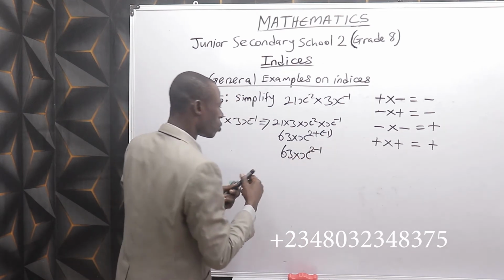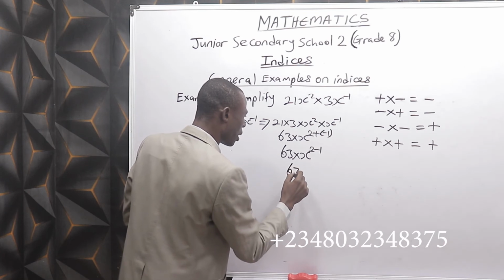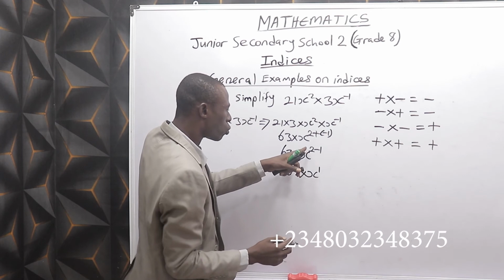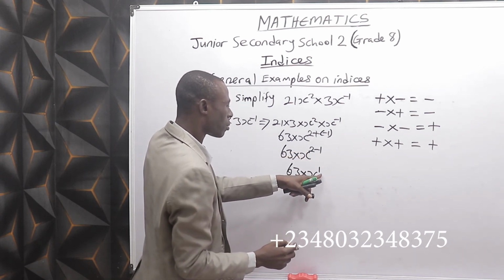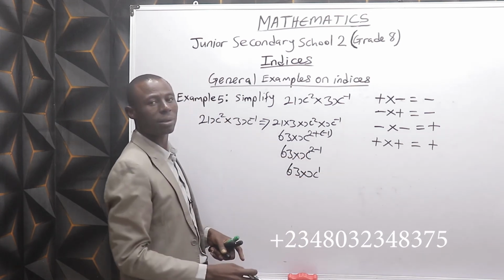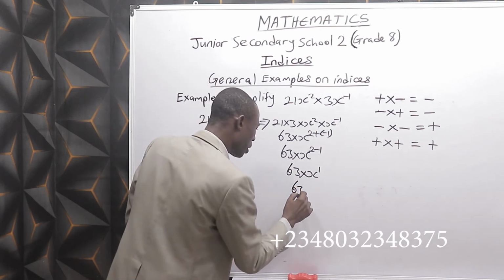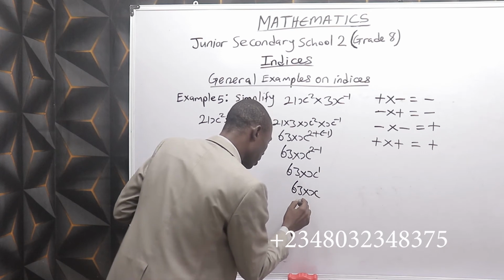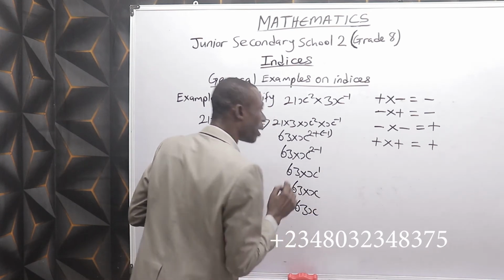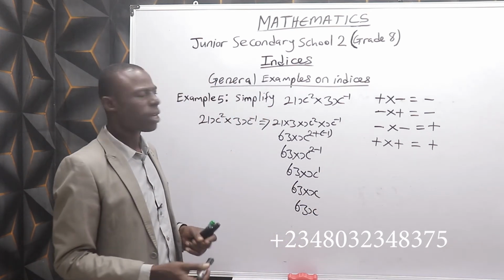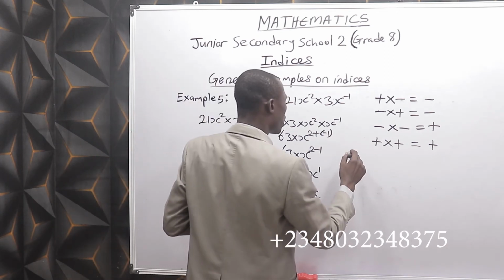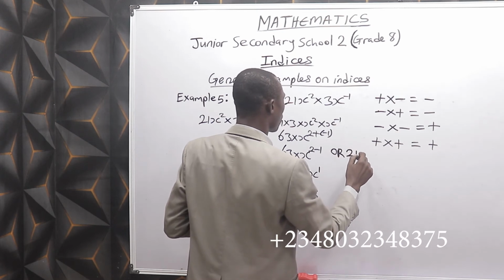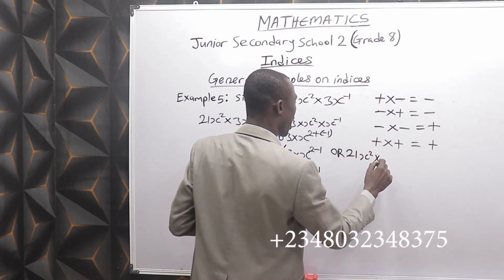Can you see? So finally, you have 63 times x raised to the power 1, because 2 minus 1 is 1. x raised to the power 1 is x. 63 times x is 63x. That is one approach. Another approach is, if you have 21x squared times 3x